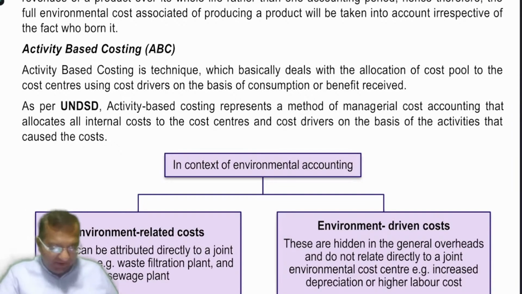The basic premise of ABC is: higher the services consumed by the product, higher will be the allocation of overhead to that product. Full stop. Next line, write: in environmental management accounting,